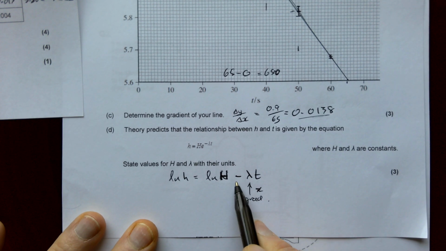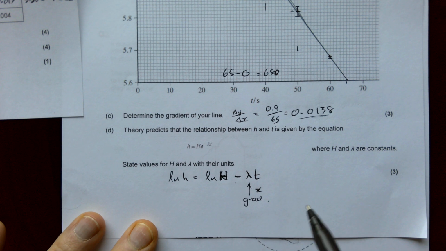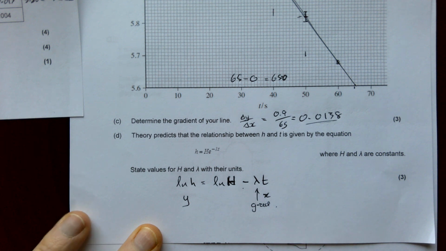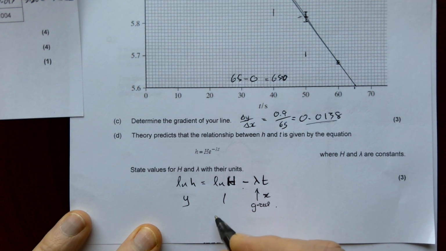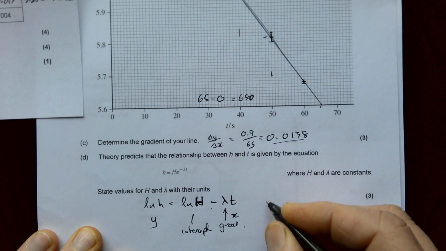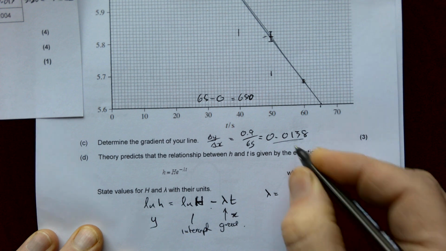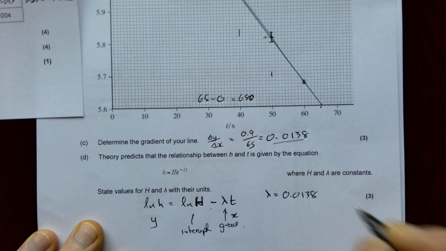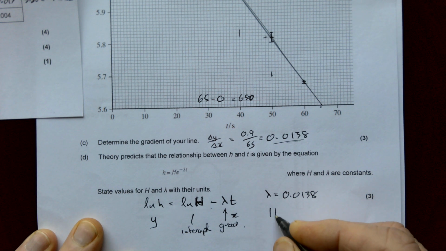Is it a negative gradient? Yes, your graph goes down, so that agrees. Log of h is on the y-axis. That's okay. So that must be your intercept. So nice and straightforward for this. Value for lambda, you're just taking that value there, 138, and your value for h is